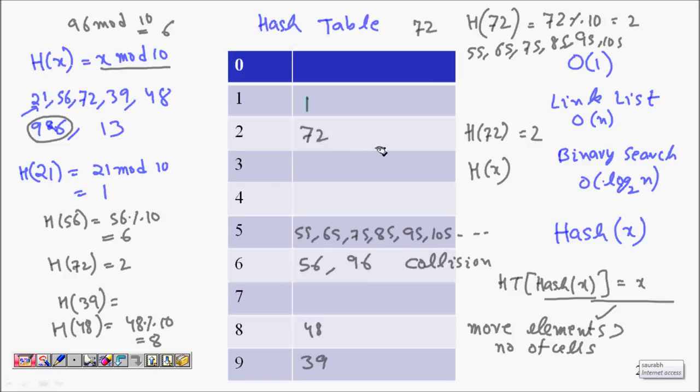So this was the preliminary of hash tables for now. In the next lecture we will see how we design hash functions and how we remove collisions. These will be in our next lecture.